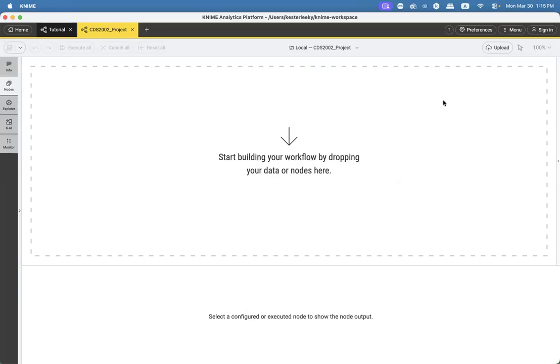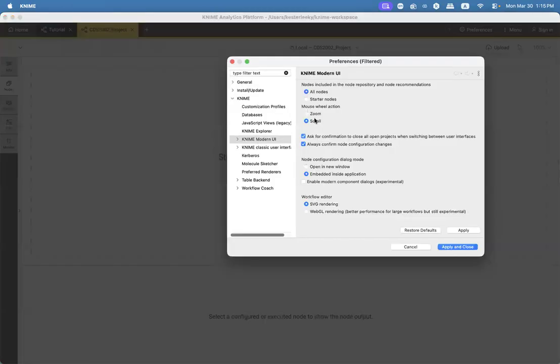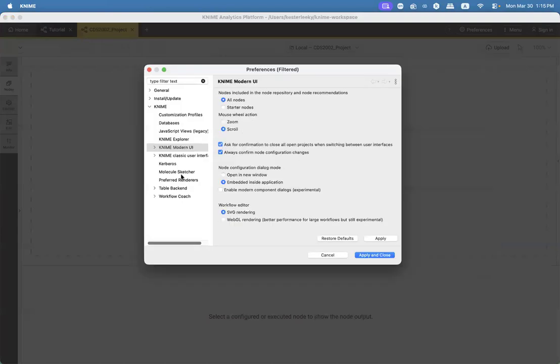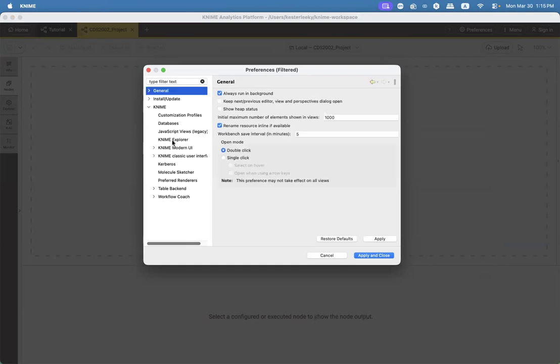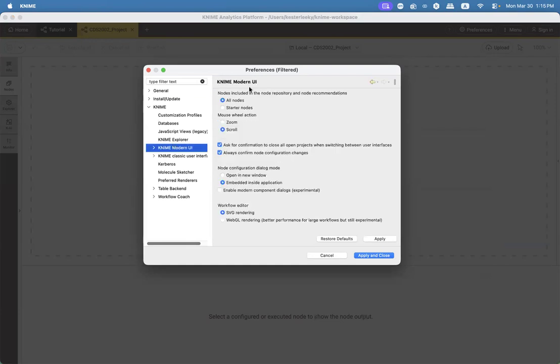So one thing you need to do is you go to preference and then you need to check out, okay, you need to go to KMine Modern UI and you need to select all nodes here.